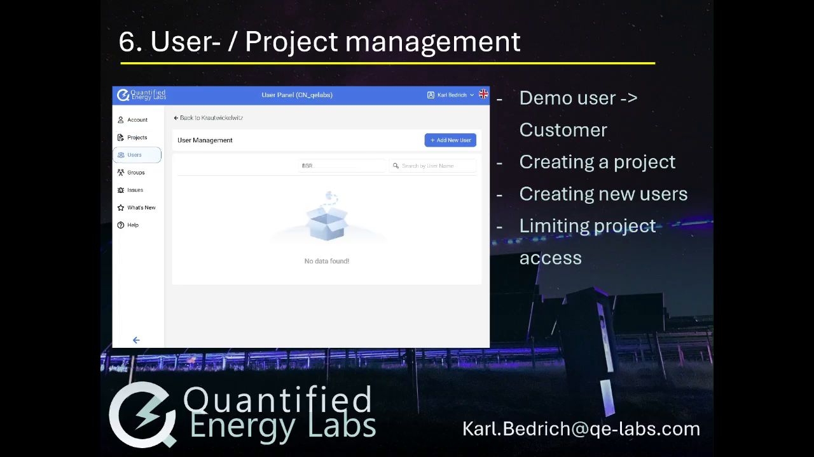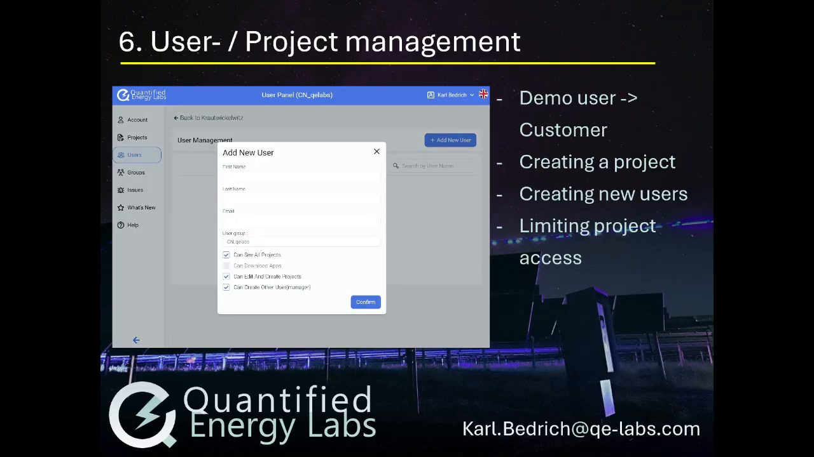If you click on your account name and you select users, then you'll see a little add new user button, but only if you're a managing user. You can enter the first name, the last name, email, and you can also decide whether the user that you can create